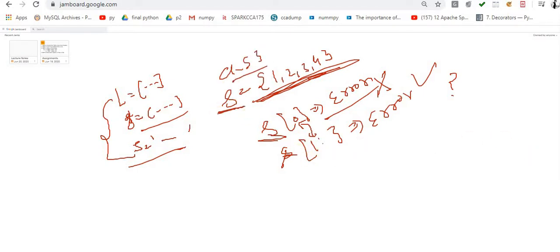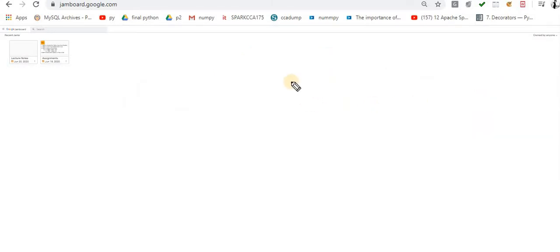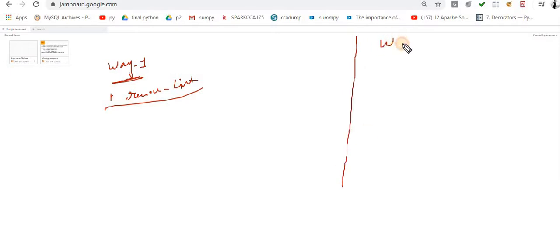Okay, now a very simple program: removing the duplicate elements from the list. I am explaining way one. I know you might have the question, sir, I want to do it without set, that is, removing the duplicate items from the list without using set. So I am writing one code. Your logic will also be built a little from this, and I will then show you way number 2. Very simple way, and this is way number 1. It is a little tricky, we write a bit of logic in it, okay?